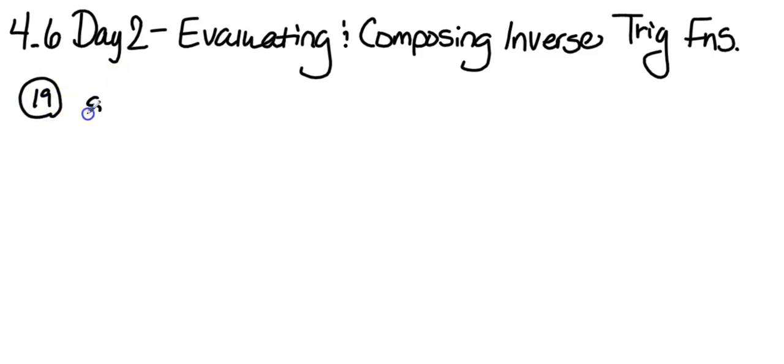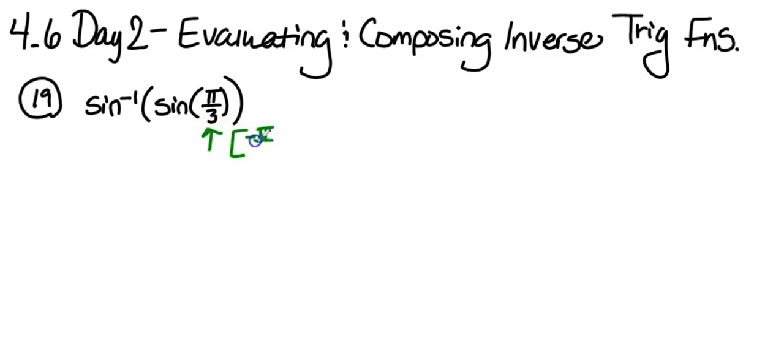19 says sine inverse of sine of pi over 3. In class today, we talked about how when we have sine inverse of sine, it only cancels right away if this angle specifically is between negative pi over 2 and pi over 2. So I'm just going to put a little question mark and let's sketch it and see if it does fall in